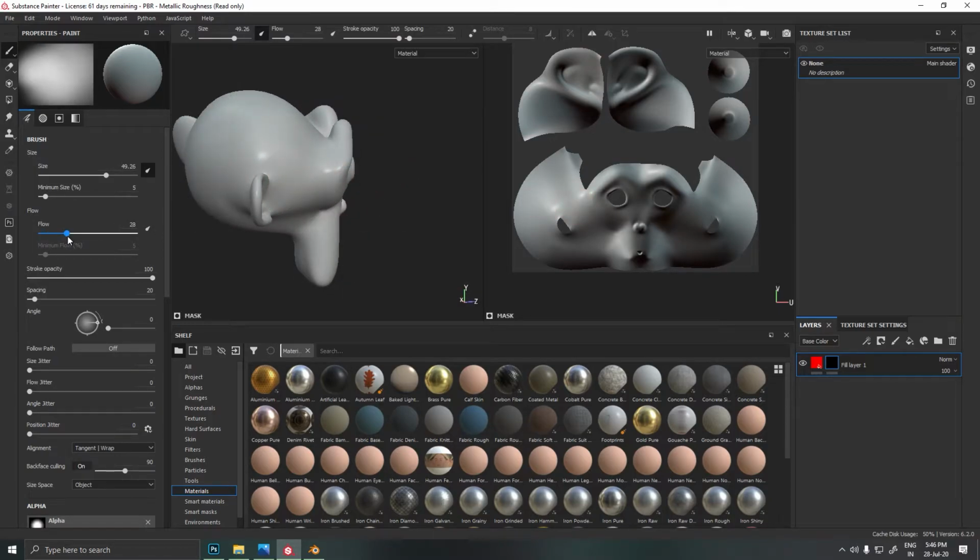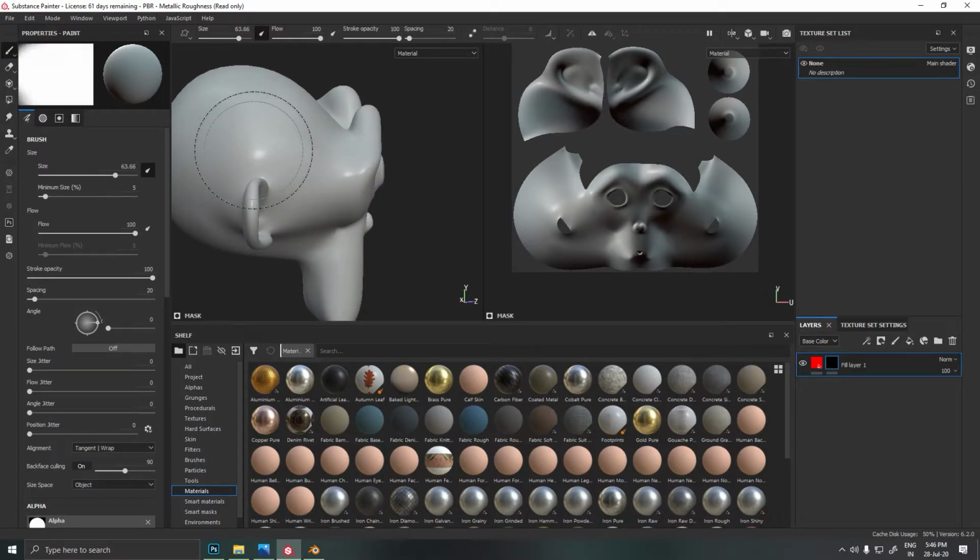When I increase the flow, it's more. There are many methods to control it. Drag left to right to increase or decrease the size of the brush, and drag up and down to increase the hardness.